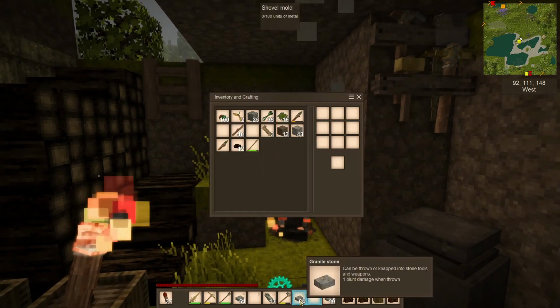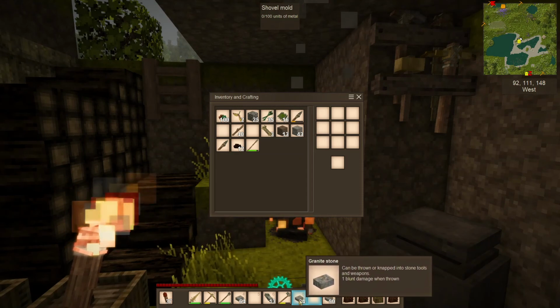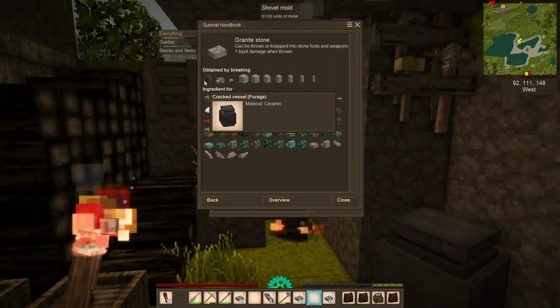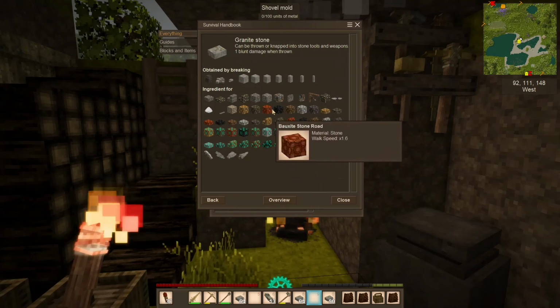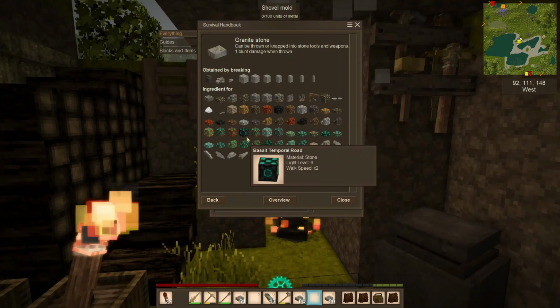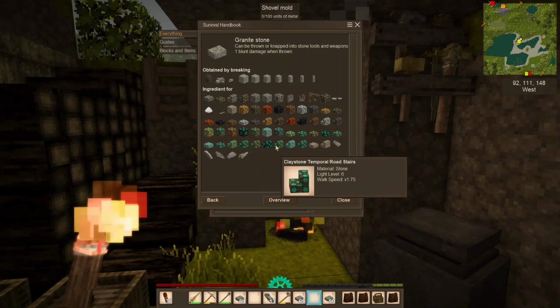The in-game help system is fantastic. So just put your mouse over the item you're looking at, hit H, and then it will come up and tell you what the item is, how you get it, and what you can make with it. Now, I have a couple of mods installed, so you probably won't see the same stuff on yours if you're just starting off, because I've got a mod that's called